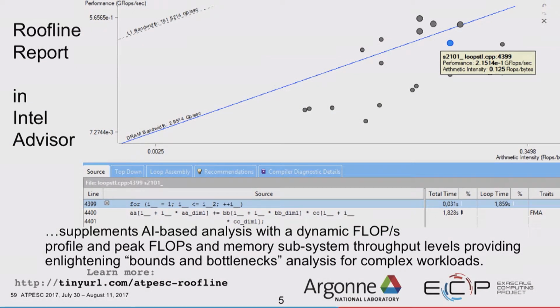Now, roofline. There's a paper by Berkeley, and I think I've put a tiny URL here, ATP ESC-roofline. I wrote a little article a few months ago about the roofline stuff. I've written different blogs over time pointing to this capability, and the blog does have a pointer to the original Berkeley paper, which the idea is, how do you visualize this? And it's funny because my entire career, I've always done this myself. I learned it from others.